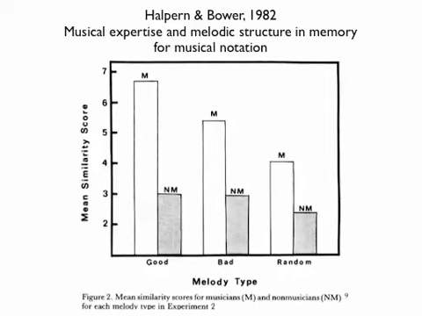But that main effect of melody type really is explained better by the interaction between musical expertise, whether you're a musician or not, and melody type. So if you look at just non-musicians, there really isn't much of an effect of melody type. Maybe a random melody is harder to reproduce, but the effect of melody type is much more pronounced for musicians. So melody type influences musicians' mean similarity score more than it does that of non-musicians. And that's the nature of the interaction.